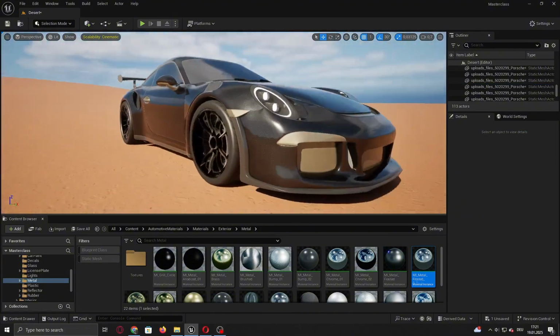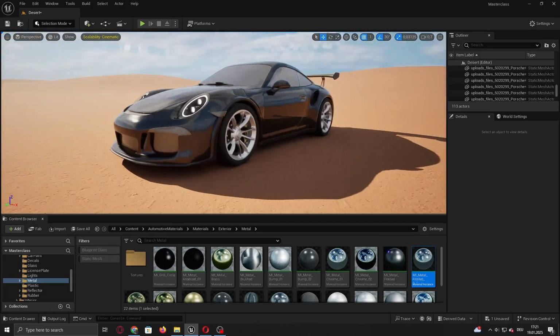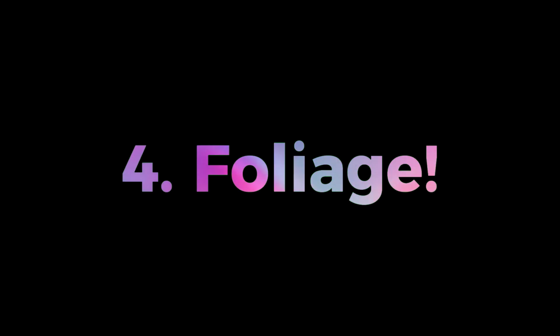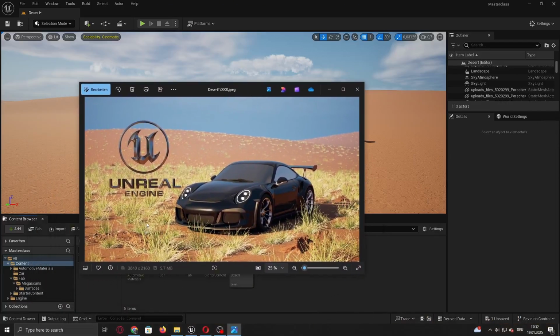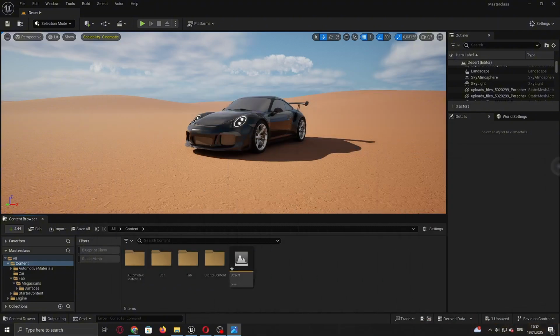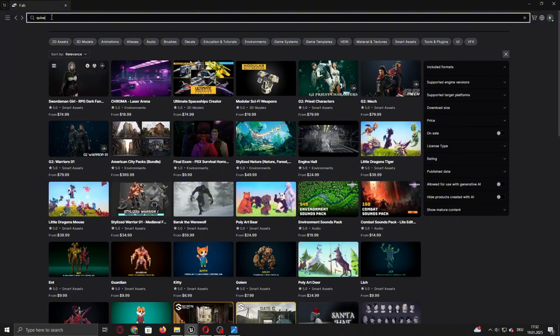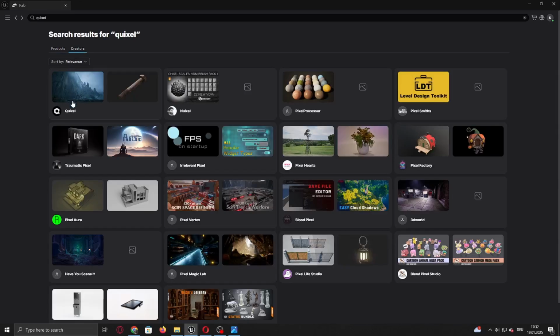Now this is our final product, and I think this looks pretty good, just like on the thumbnail. Now we need to add grass just like in the thumbnail. So just go to Fab, search for Quixel, then click Creators, Quixel,